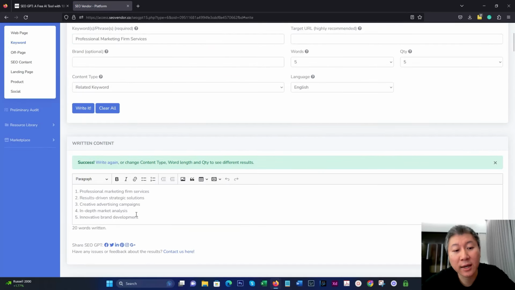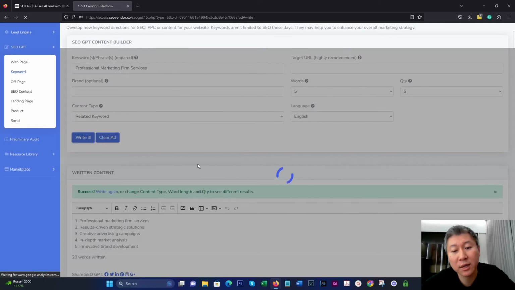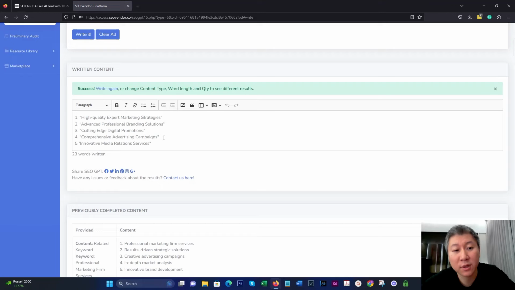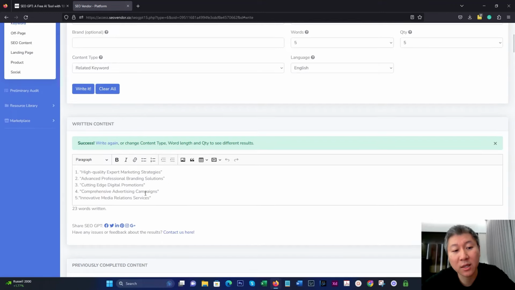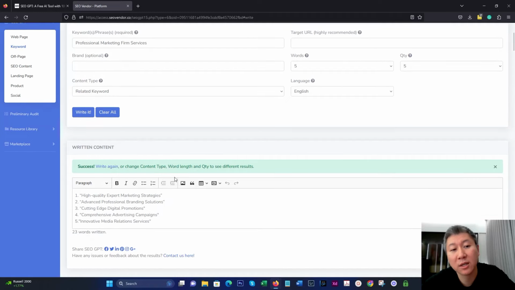And you can see that it's come up with another 5. And I can keep doing this, and each time I write again, even if all the criteria were the same, if I were to just tell it to write again, it would give me again 5 different ones from last time. So I can keep doing this on and on until I have the keywords that I'm interested in, that then